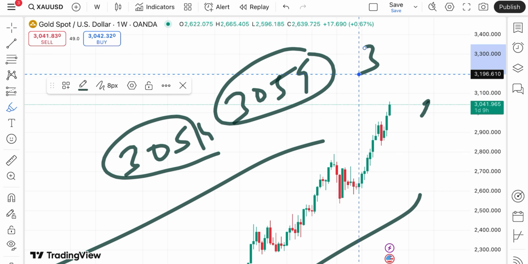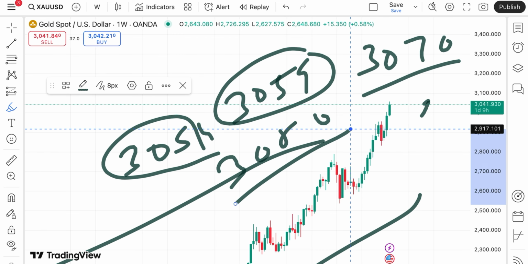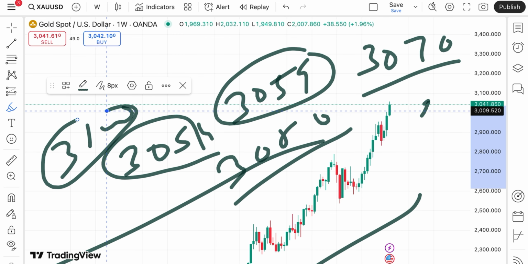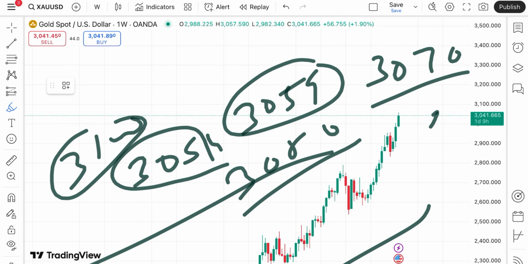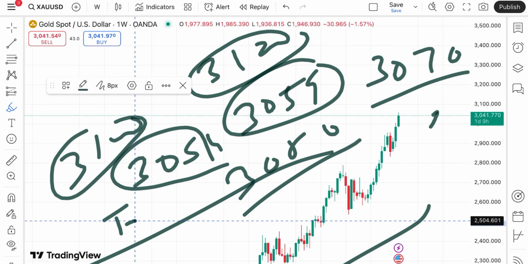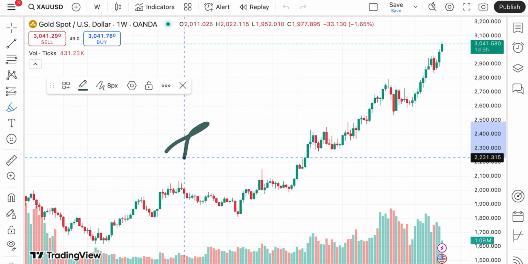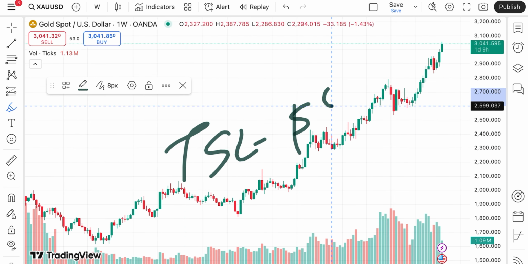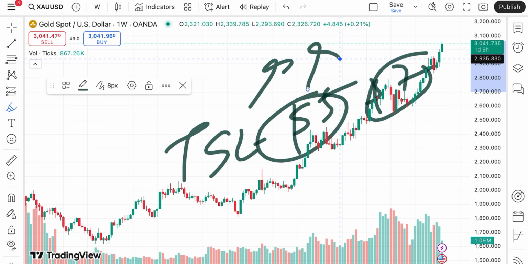Okay, and then to a level of $30.70, to a level of $30.80, and to a level of $3100. Okay, and once the price started going above this level, probability of going towards 3120 will be there, and then a further upside. See, these are the levels you have to understand. Keep trailing your SL, trail your SL by $5 or $7, so you can capture a big movement towards the upside.